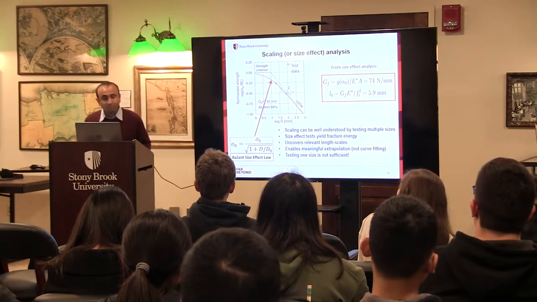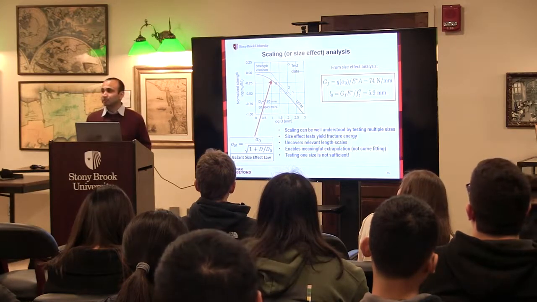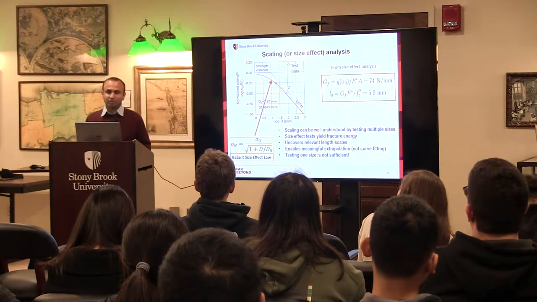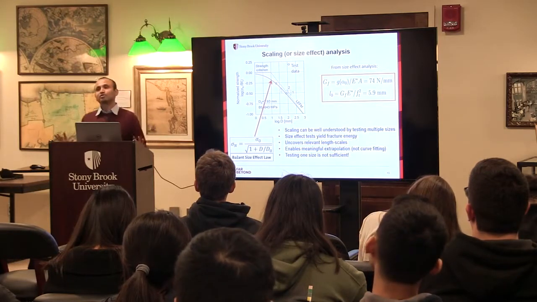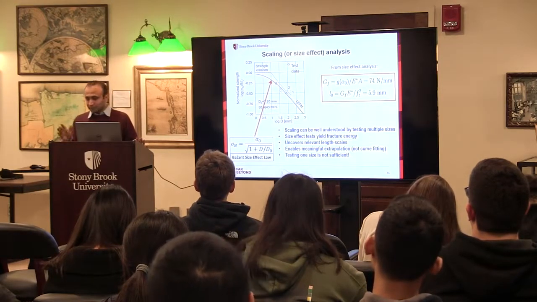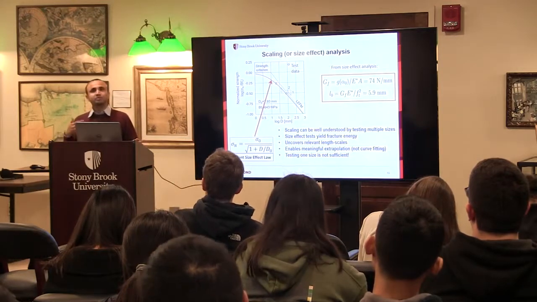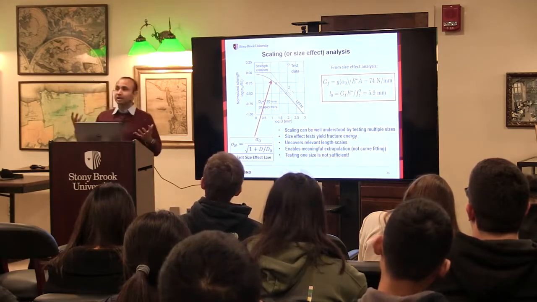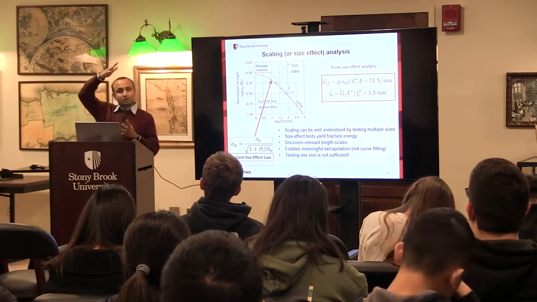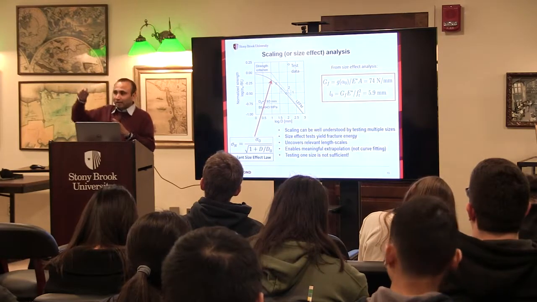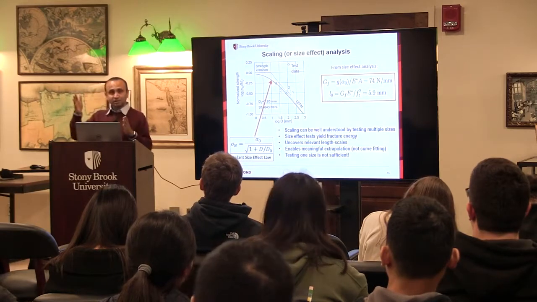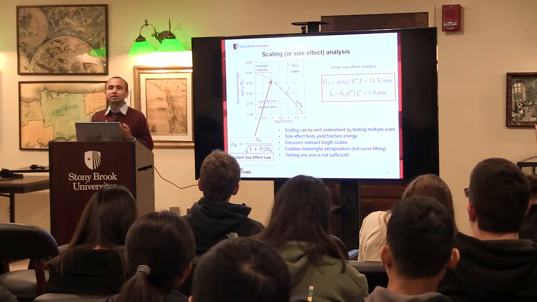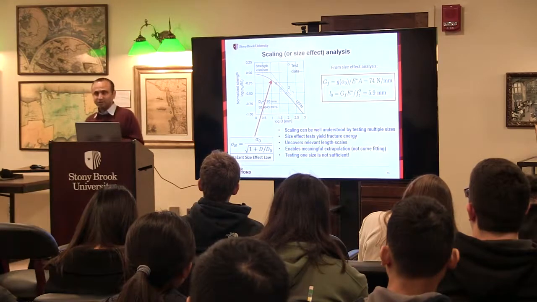And using this, you can also indirectly calculate the fracture energy, because there is a very well-known law called the size effect law, which you can fit through your data, and then you have these two parameters, like sigma and r. I don't want to go into detail, but these parameters are directly related to the fracture energy. So in the past few years, we have started realizing that we don't have to track the crack growth and measure the area under the curve. We can just measure the strength of different sizes, and then use this method to indirectly deduce the fracture energy.